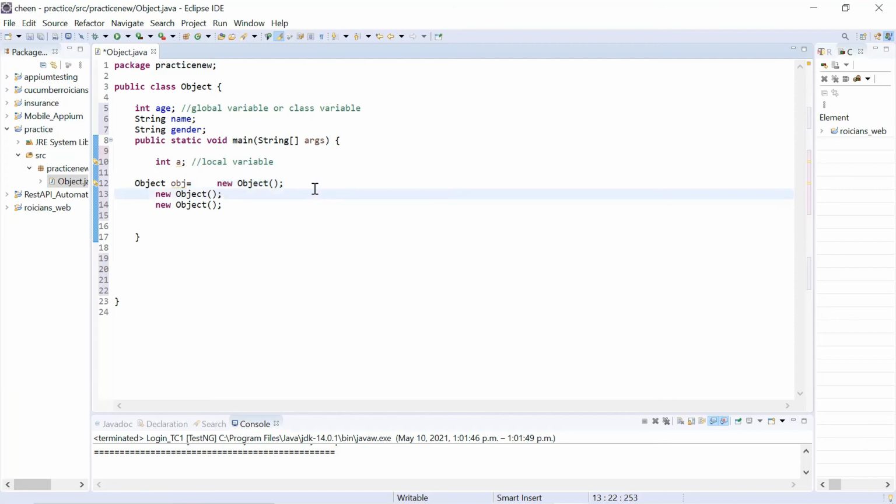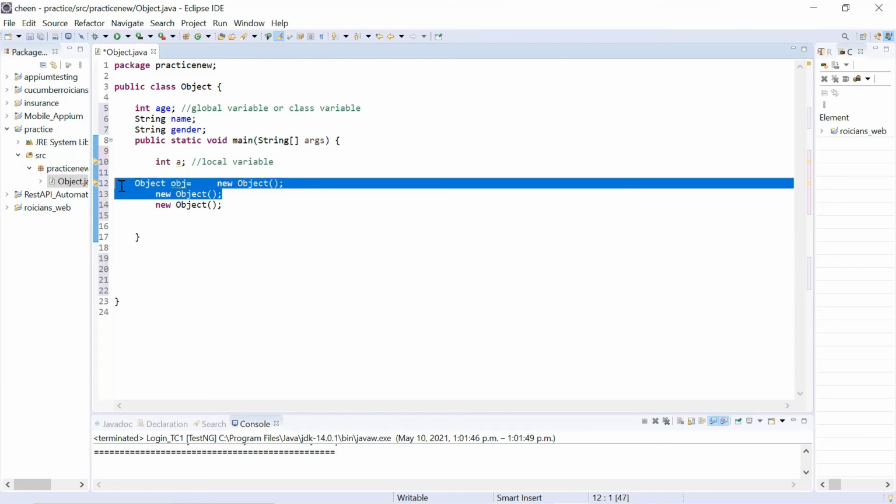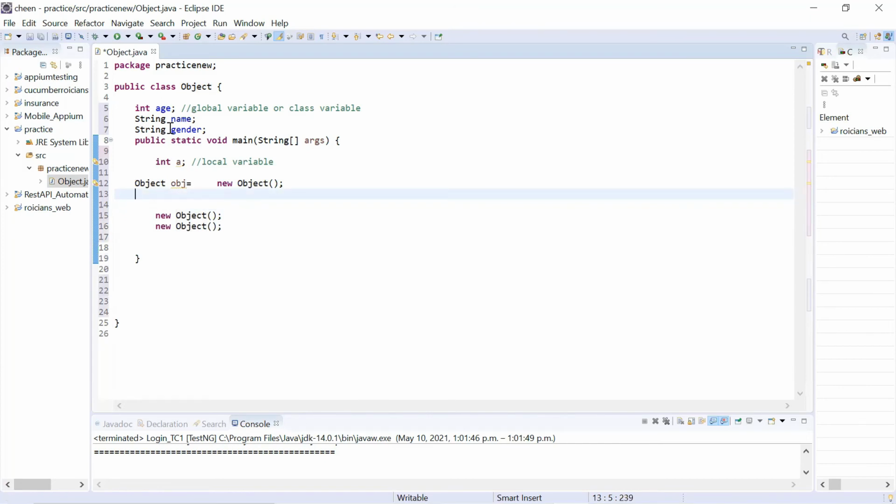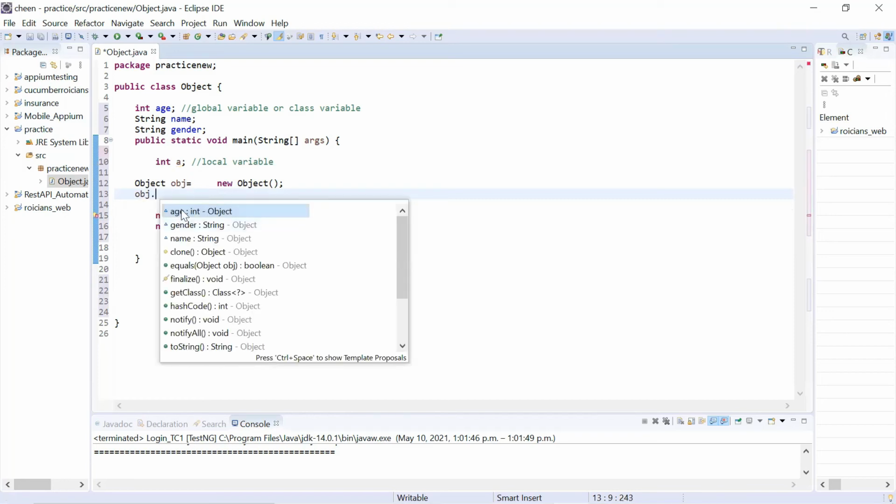So the complete syntax of creating and accessing the object is this. Name of the class, reference name, assign, new, name of the class. Now I can access this memory area with the help of obj. If I want to access these variables and give different values to them, I have to write obj dot. Look at this. I'm getting age, gender, name, but I cannot see a here.